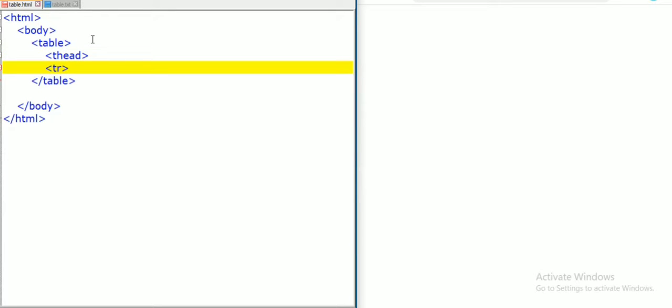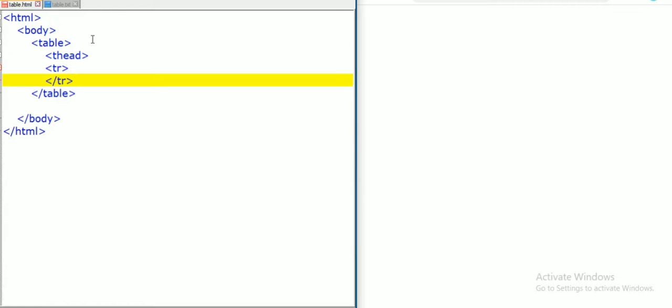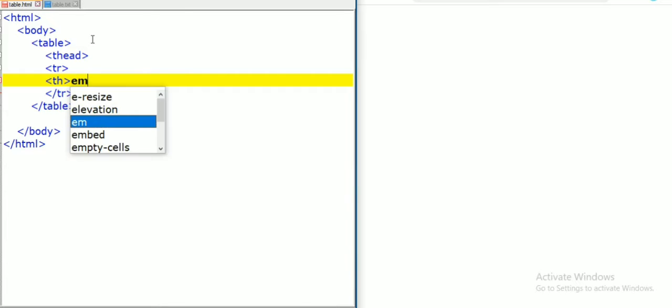Before entering the content of a row, first we should create a table row, tr, and here should be the end of the tr tag. Okay, here should be th because this is the header of the table row. So the content of the header row should be within the th tag. So here is what?